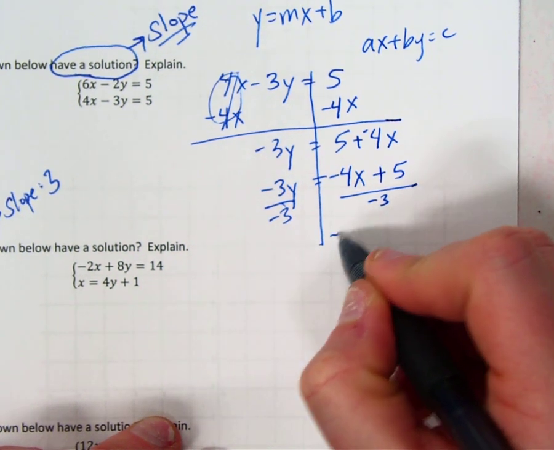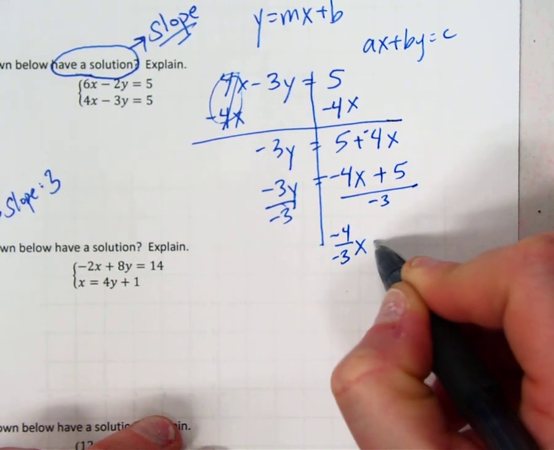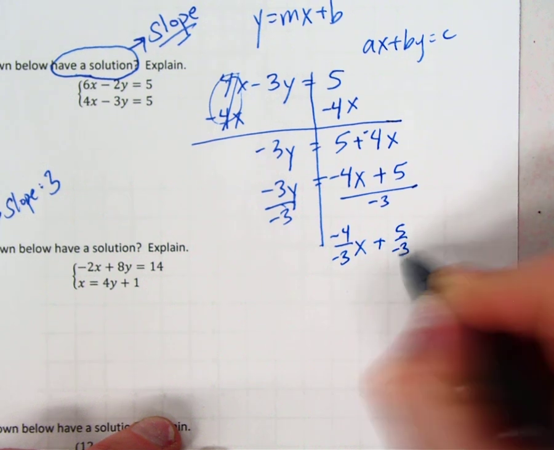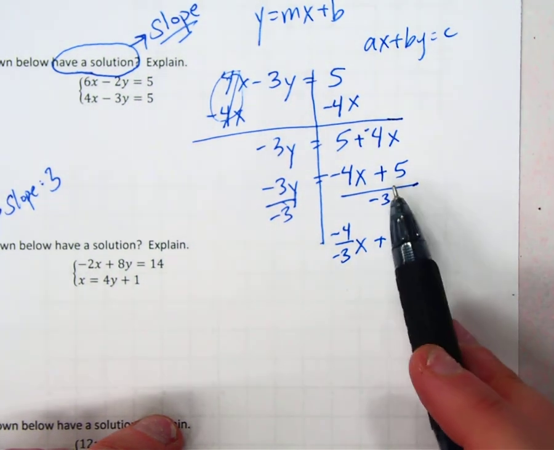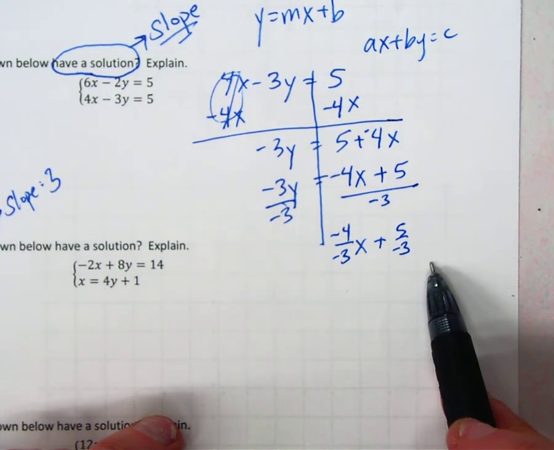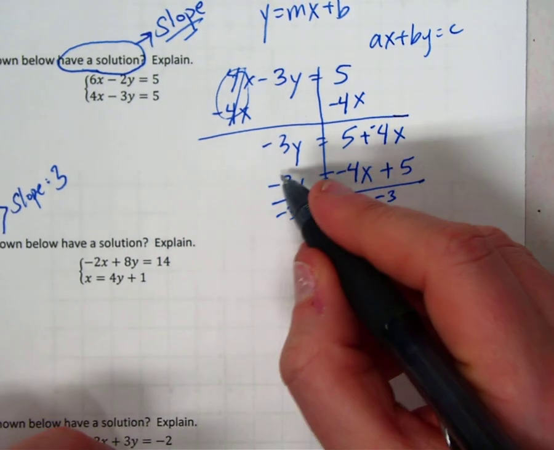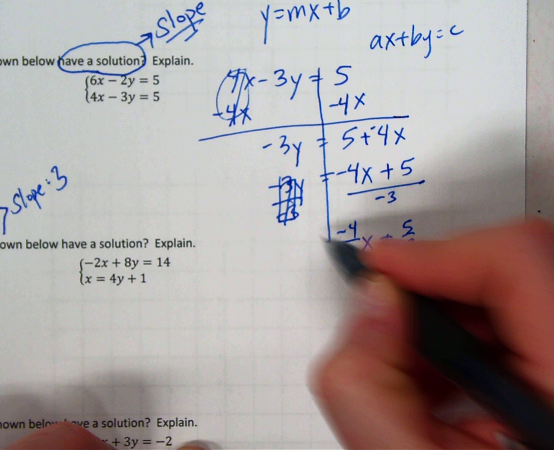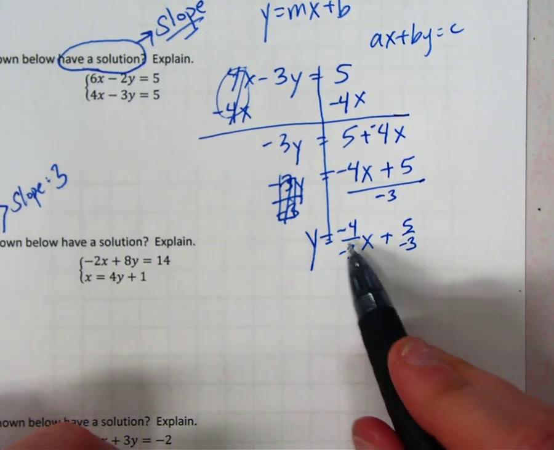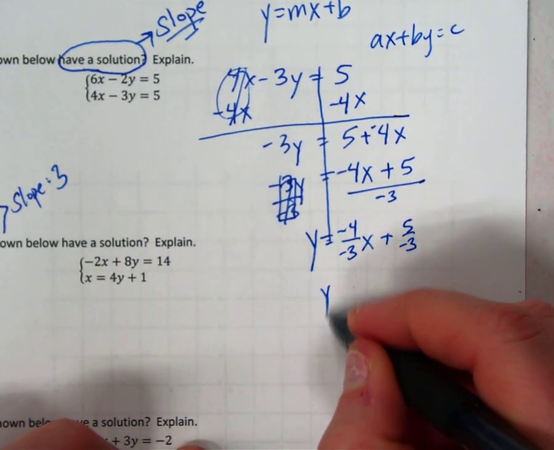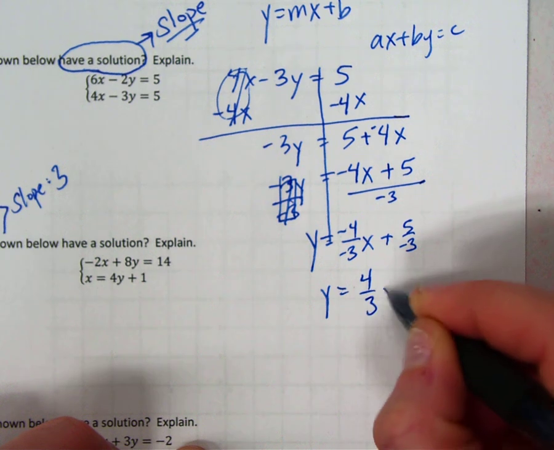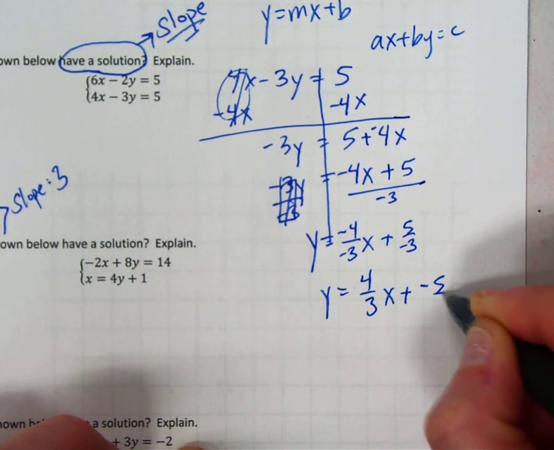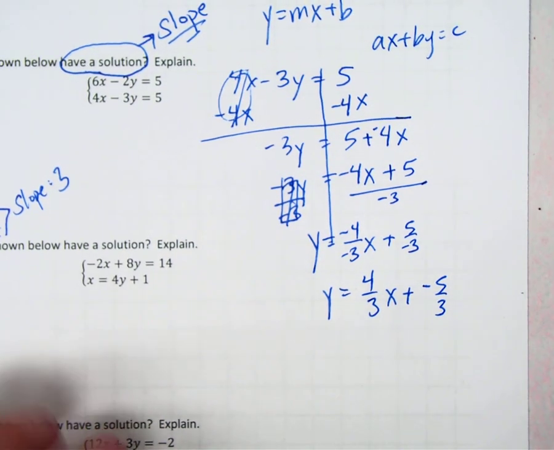is the same as doing negative 4 over negative 3x plus 5 over negative 3. Same thing. Dividing each thing by negative 3. This here makes a giant 1. And we get y equals a negative over a negative, that is a positive, plus negative 5/3. The slope